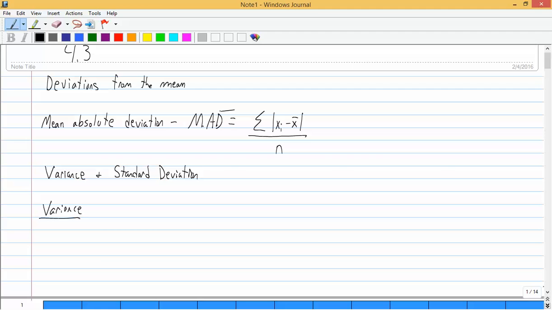Alright, and so the variance of a set of data, if it's a population, the symbol that's used for variance is a lowercase sigma squared. Alright, and this is for a population. So population variance